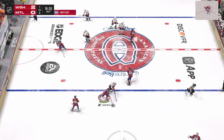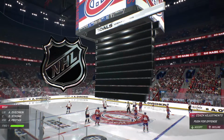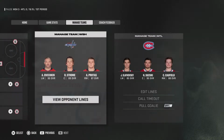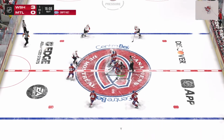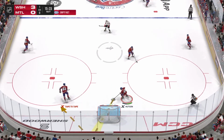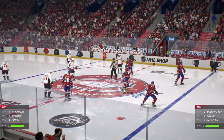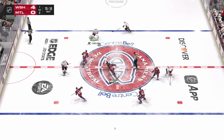And gets a little boost to come up with the puck from off the wing with both centers tied up. Scores! The defender. And with the two centers tangled up, the winger skates away with it. Moves it quickly over to Hudson. It's in the back of the net for an own goal. Washington's got possession of the...